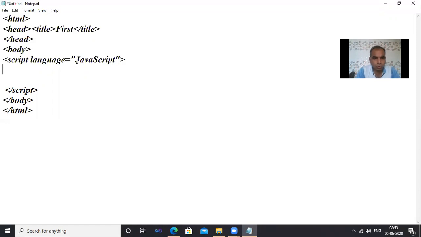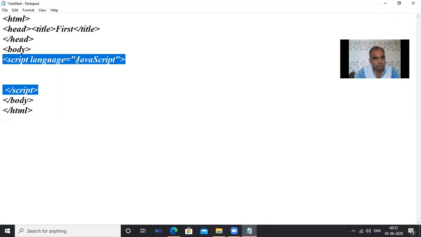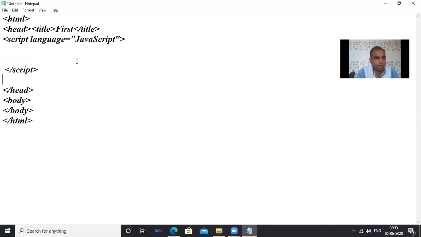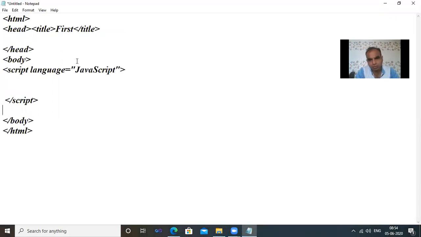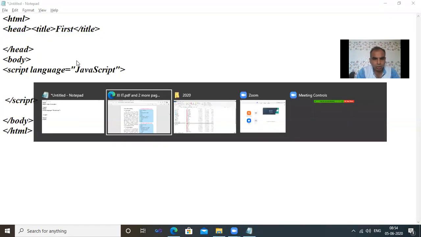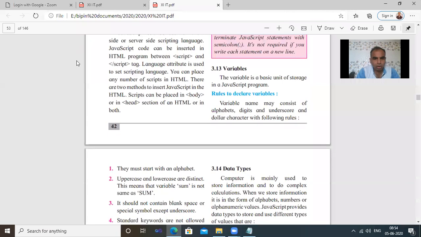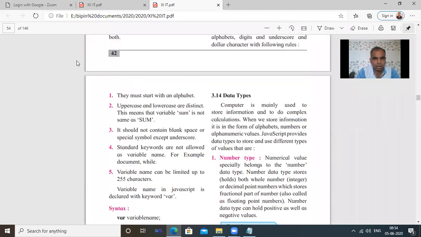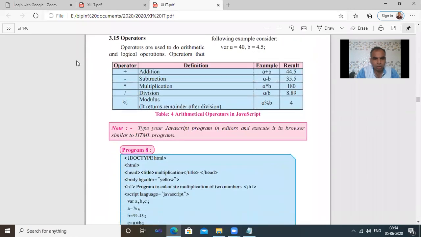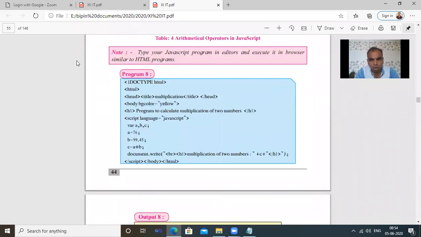We can use the script statement in the body or in the heading section also. If you want to declare this statement in the heading section, that is also correct, and it affects the body section. Otherwise you can declare the script in the body section and it affects the body section. Clear? Now after that we want to write one statement. Suppose we have to declare a variable and display that variable, or we have to document write welcome to JavaScript and all that.